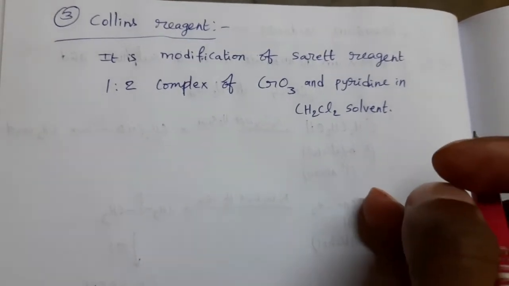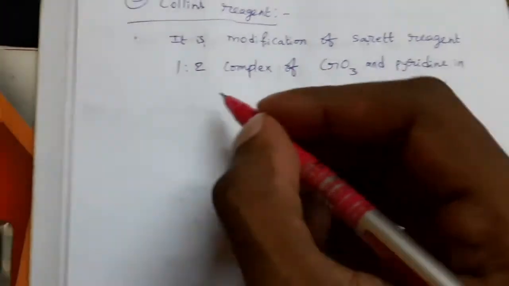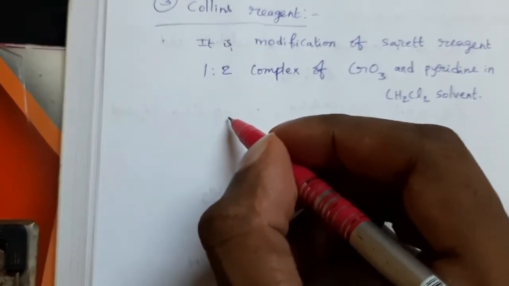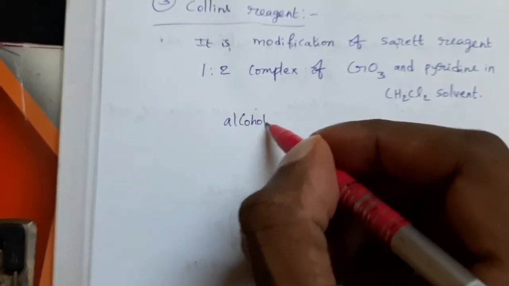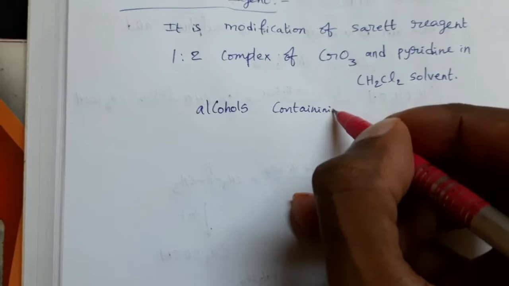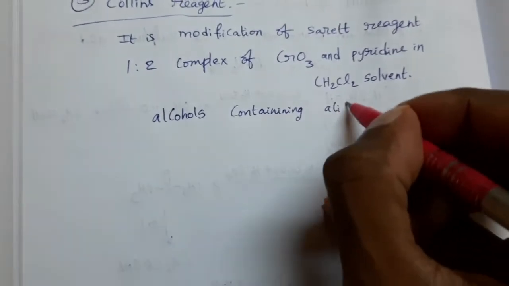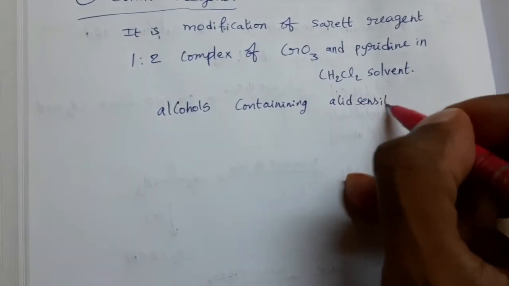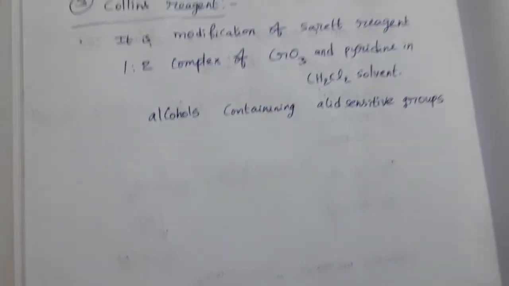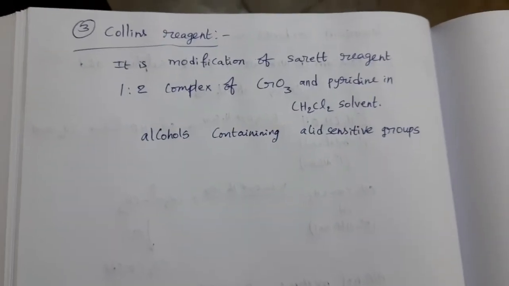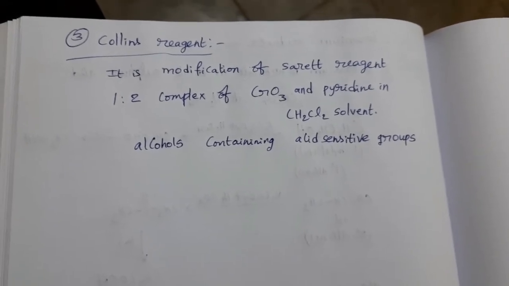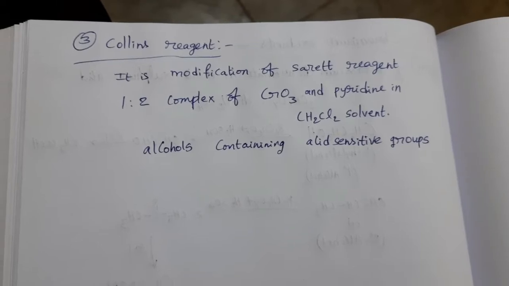This Collins reagent is very useful and it is used for the oxidation of alcohols containing acid sensitive groups. If an alcohol compound contains acid sensitive groups, then for its oxidation, Collins reagent